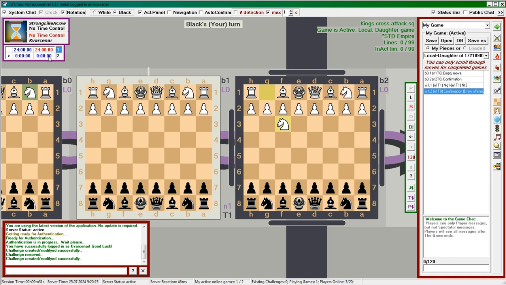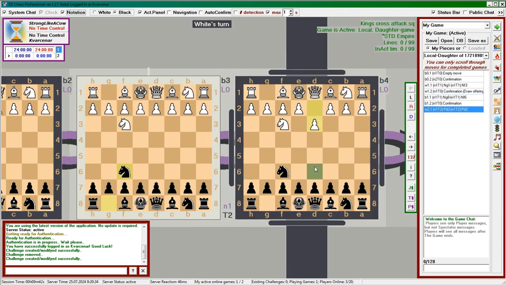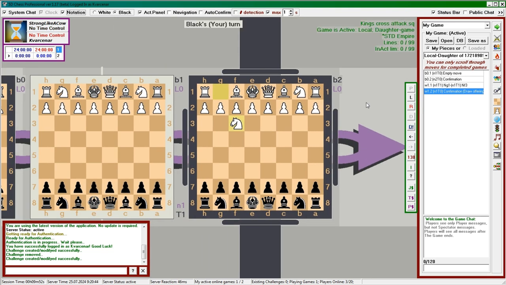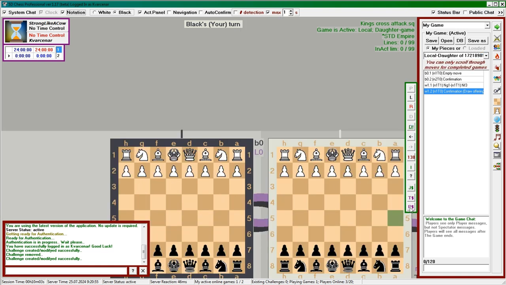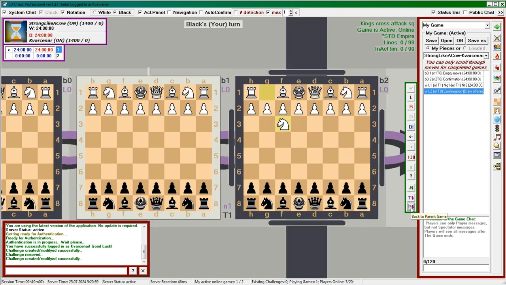In the daughter game, we can make moves for both sides and see what different lines lead to. This will be useful not only for the players themselves in complex situations but also for streamers, who can use this feature to show different lines to their viewers. Once we have decided on the move we want to make, we can switch to the parent game by selecting it either from the drop-down menu here or by clicking on its row here. You can also return to it by pressing the next button on the action panel, Return to Parent Game. Having reviewed the buttons on the action panel, let's return to the top panel.